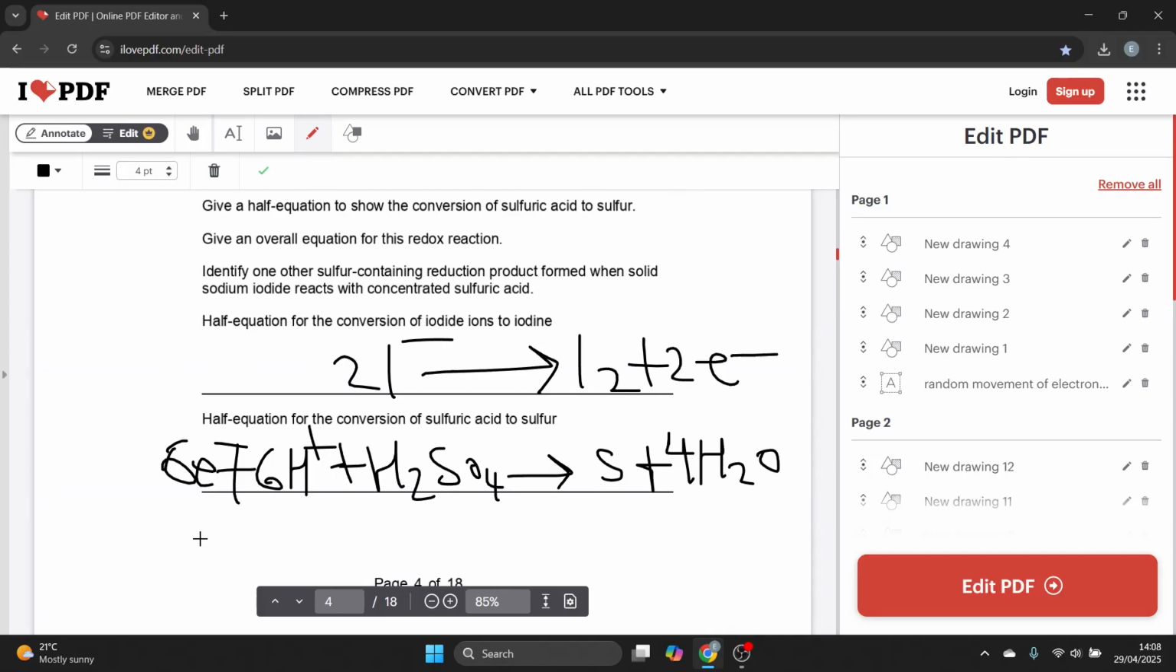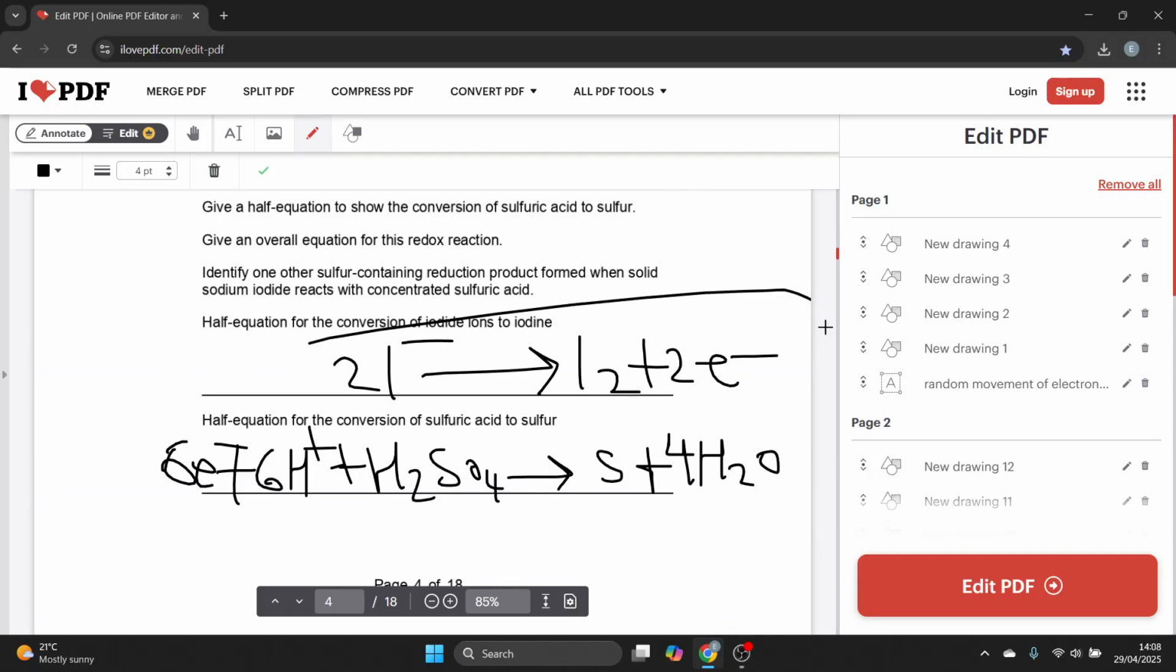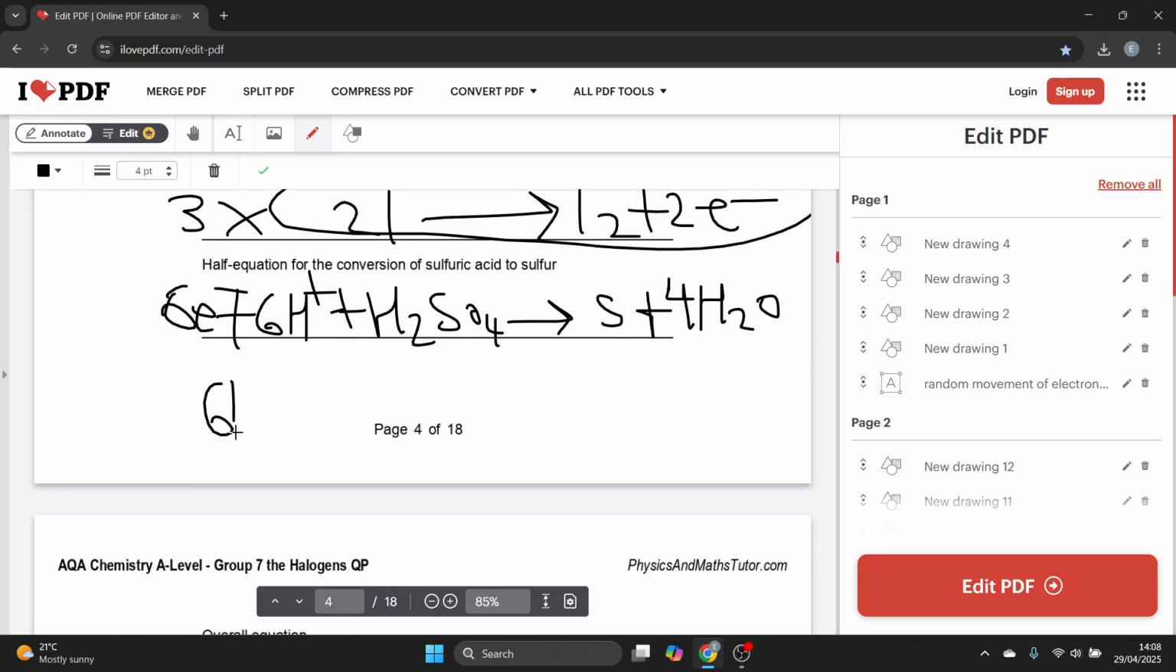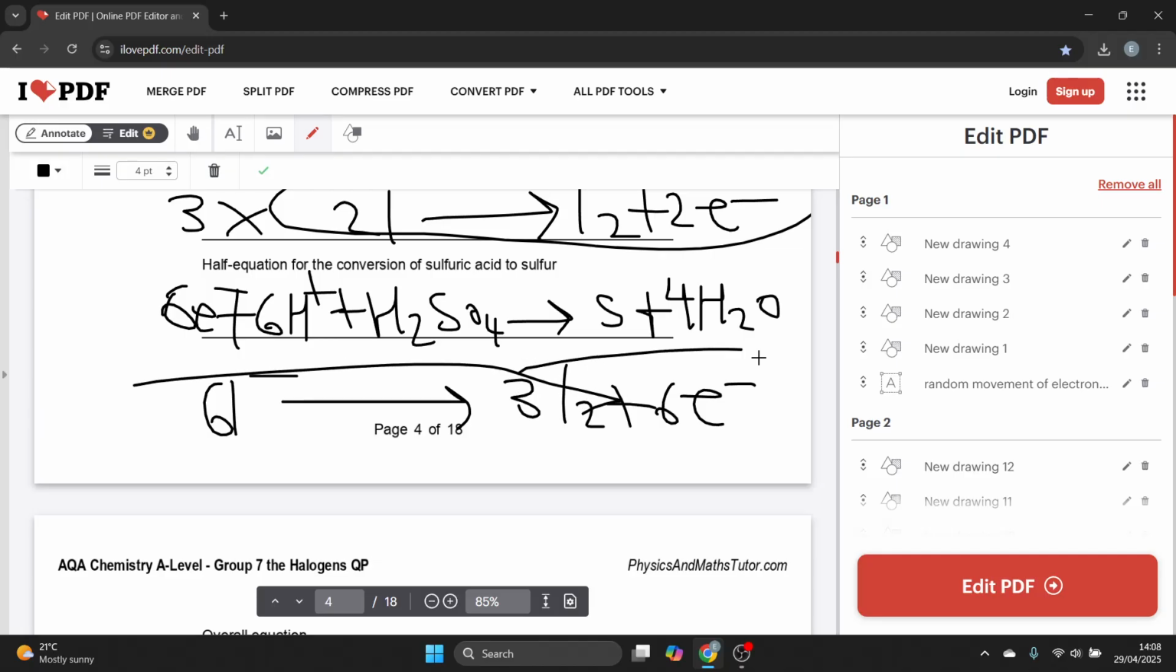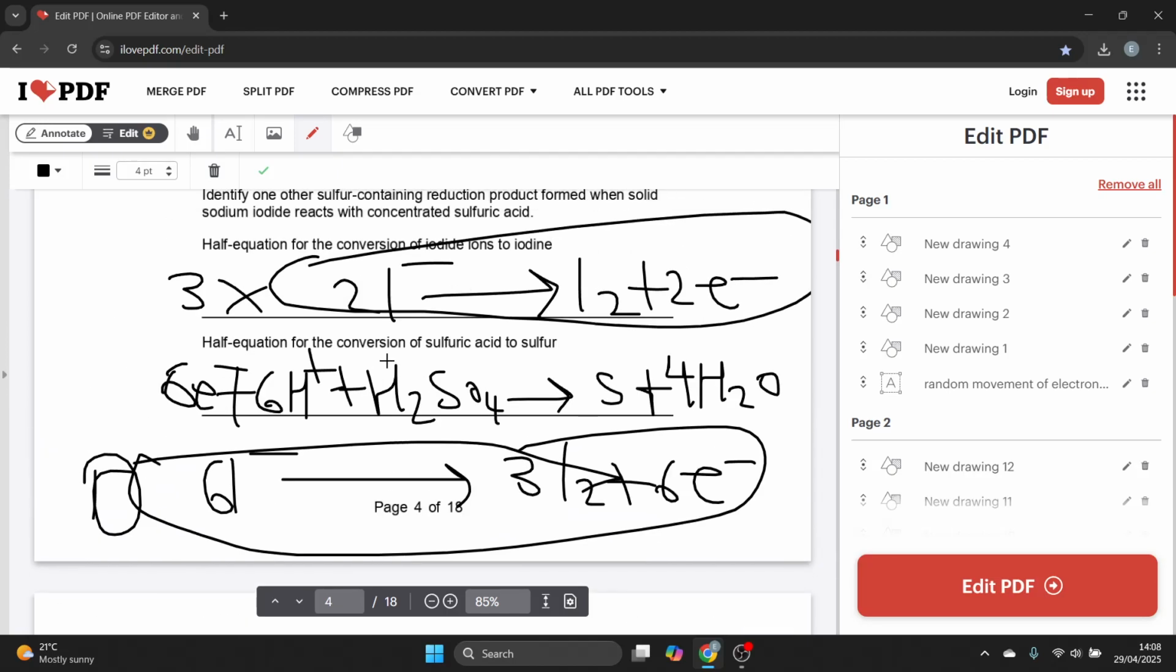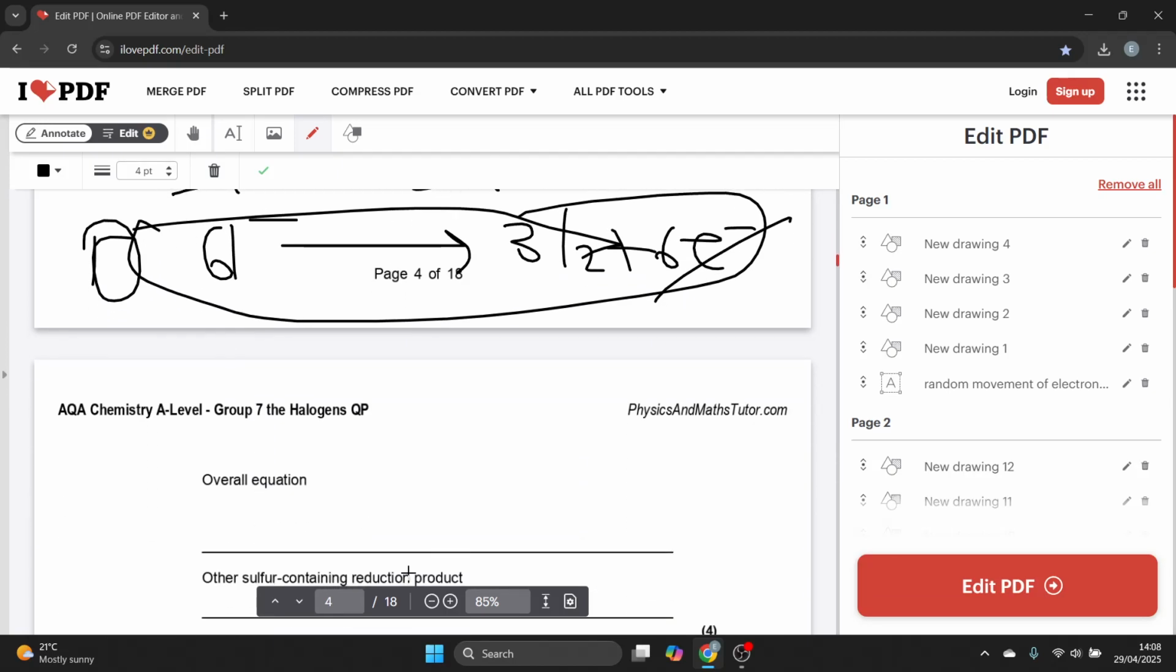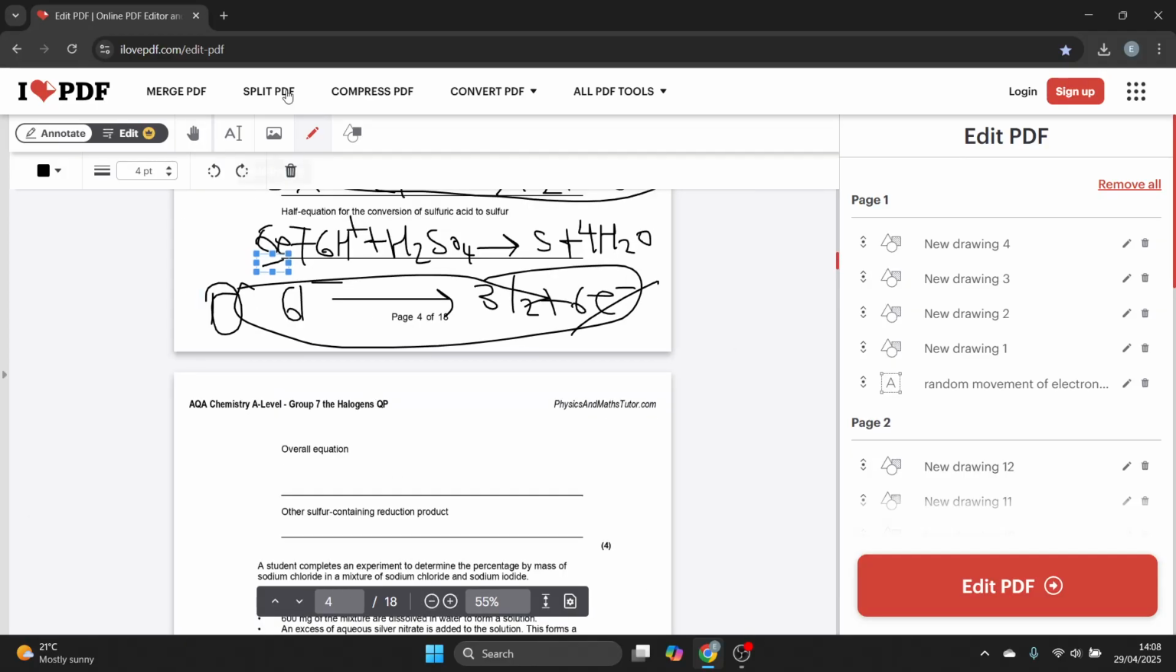And then the overall equation, well, there's a 2 here, so I need to times this one by 3, so I get 6I- to 3I2 plus 6e-, and that is still equation 1. I've just multiplied it by 3. And then what you should know is that the negatively charged electrons cancel out with the 6 electrons, so let me zoom out a bit, you get